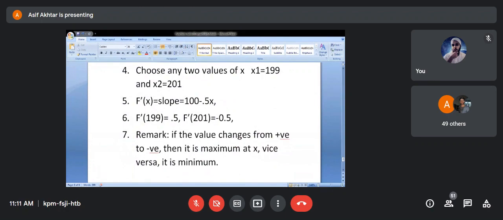So what is the purpose of taking two values? We would like to calculate the value of f dash x. So f dash x at 199 and f dash x at 201. We put the values there and calculated, and then we observe the change in the sign. In this question,